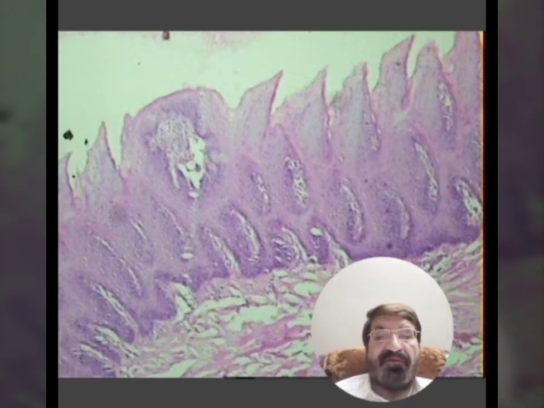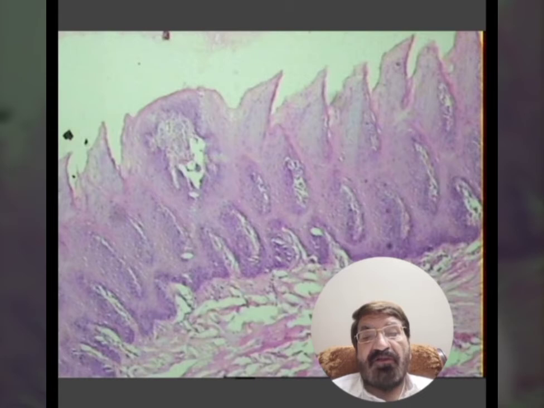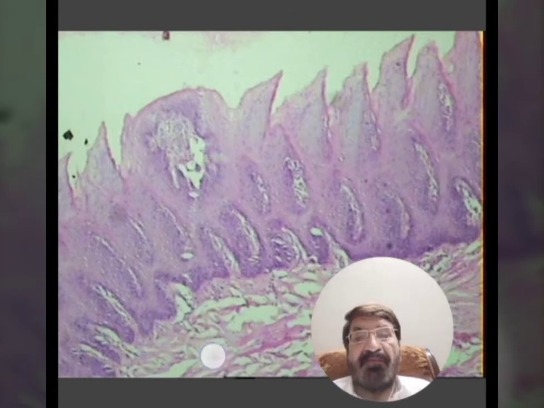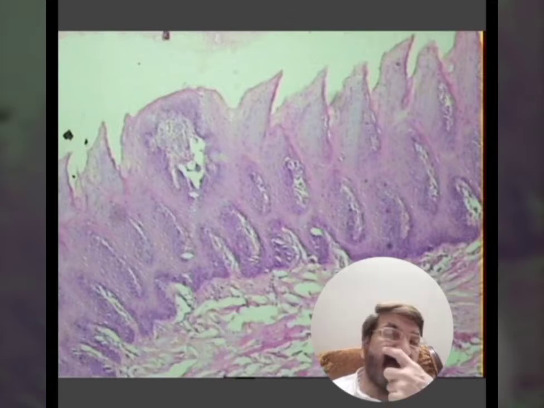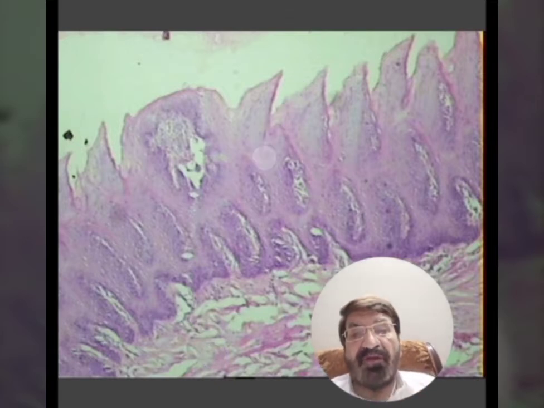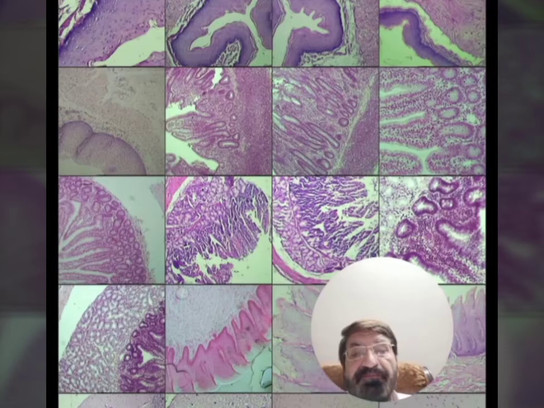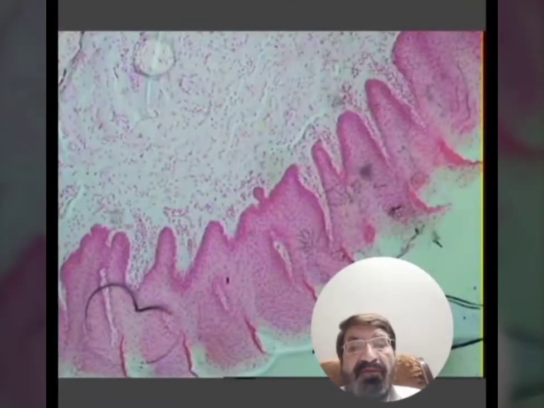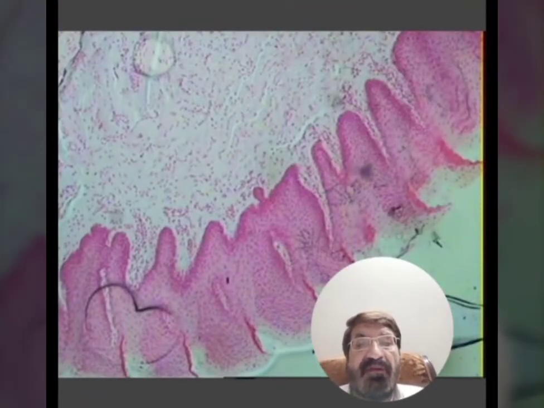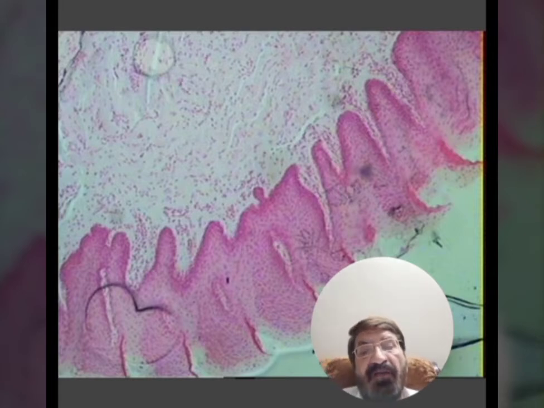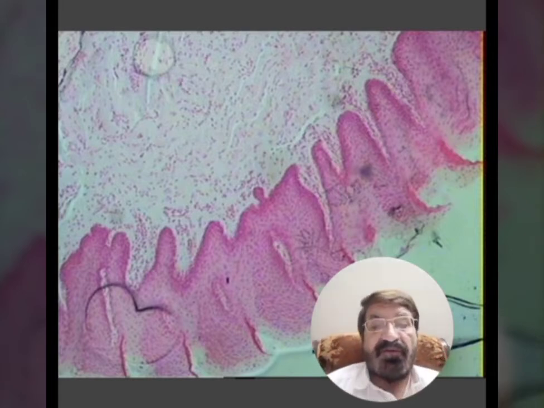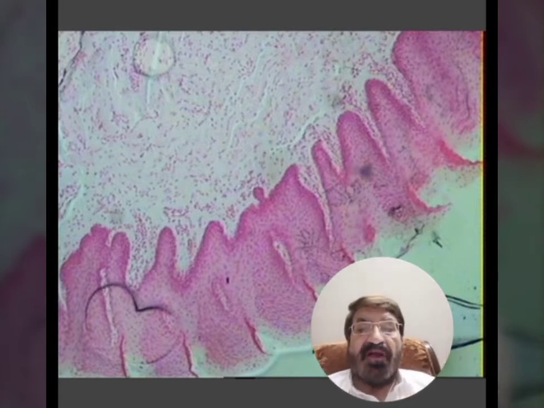The ventral surface of the tongue is smooth. It is also covered by the stratified squamous non-keratinized epithelium, but it is smooth because there are no projections. And these filiform papillae, some of the papillae, can you see on this side of the filiform papilla? You can see, this is another diagram. You can see the keratinization. I can say that the dorsal surface of the tongue is partially keratinized.